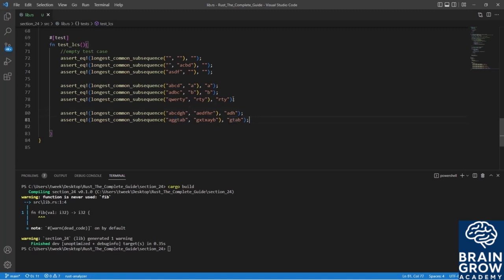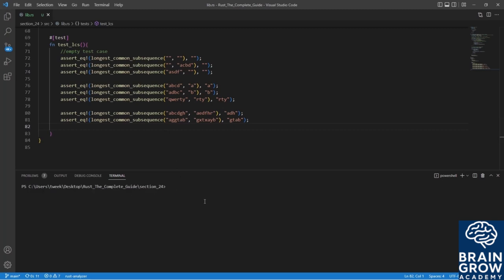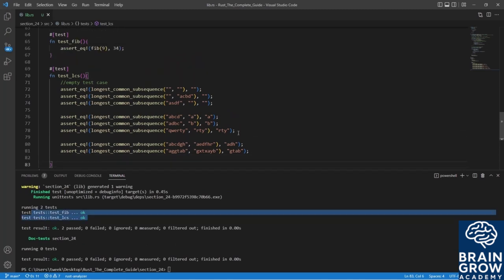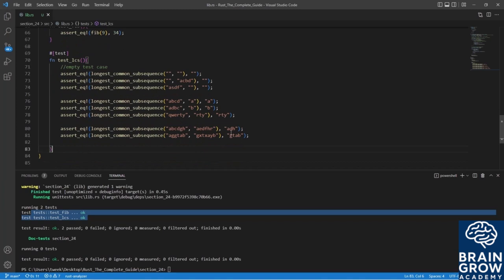So let's just double check this to make sure we are returning everything correctly. So we have GTAB, GTAB, so we're looking for ADH, we have ADH, ADH, RTY. So yeah, everything looks pretty good here. So let's run our test cases and see what we get, and everything is passing successfully. So we successfully implemented our dynamic programming solution to the longest common subsequence, and hopefully this made sense to